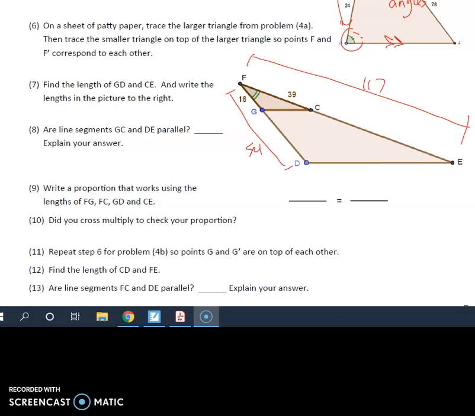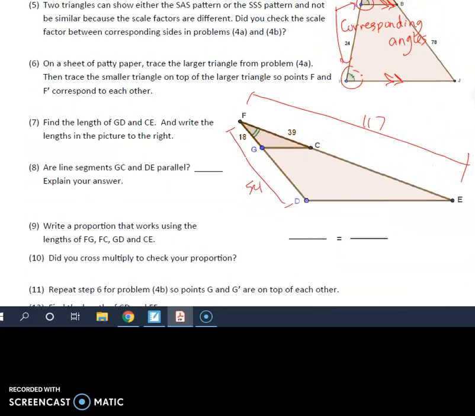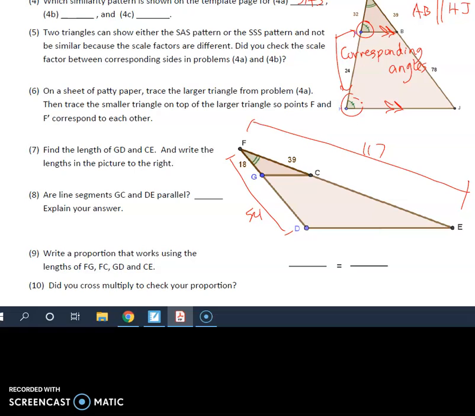So in the first problem, which is problem 4A, the pattern that's being illustrated is a side angle side. So you have the 18 followed by angle F, followed by 39. In the other triangle, the bigger triangle, we had 54, followed by angle F, and then the longer side of 117. So in this problem, they're asking you to find the length of GD and the length